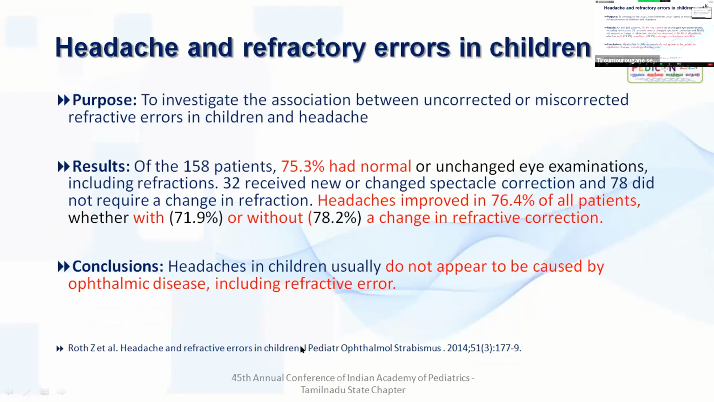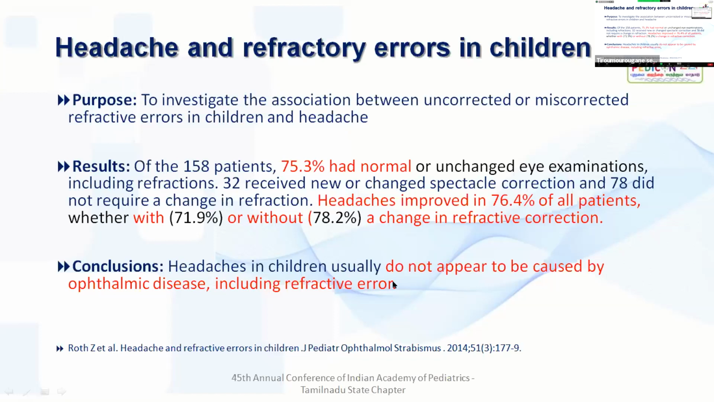This interesting article has addressed this view. Out of 158 patients with headache, nearly 75% had normal acuity of vision. Their ophthalmological evaluation was normal. The remaining 25% had new or changed spectacle correction, but the headaches improved in 76.4% of all patients, irrespective of the change in the refractory correction. So they have concluded that refractory errors do not appear to be the cause for